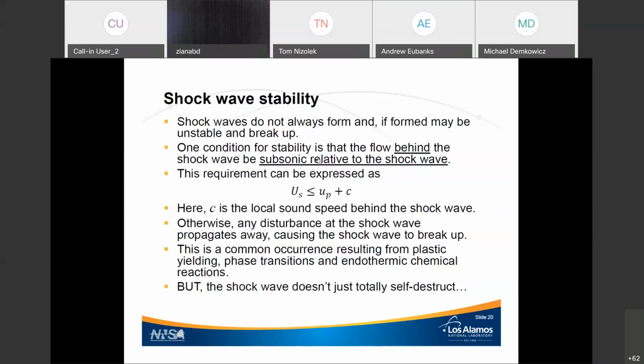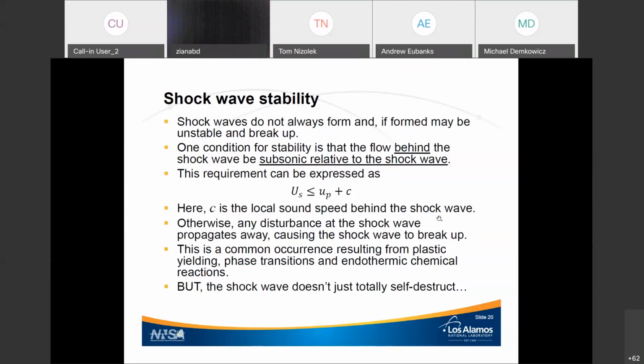If it does not obey that, then the shockwave will be unstable. We can express the requirement this way. US has to be less than or equal to UP plus that local sound speed